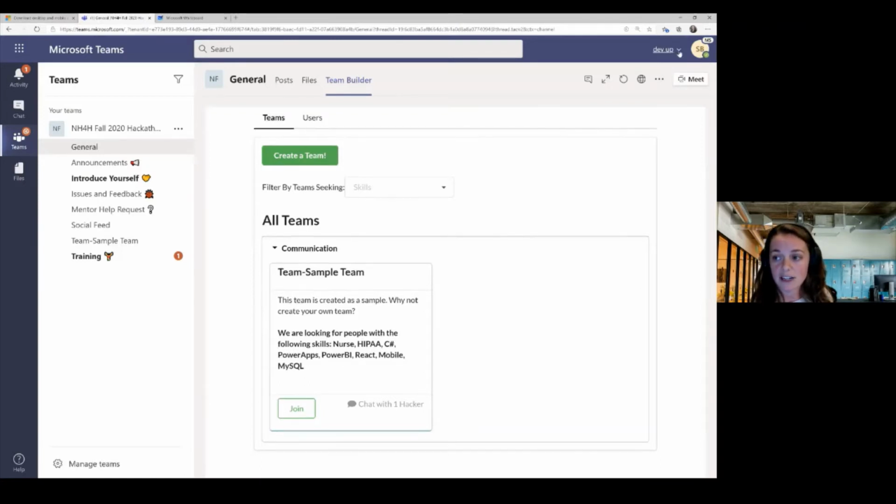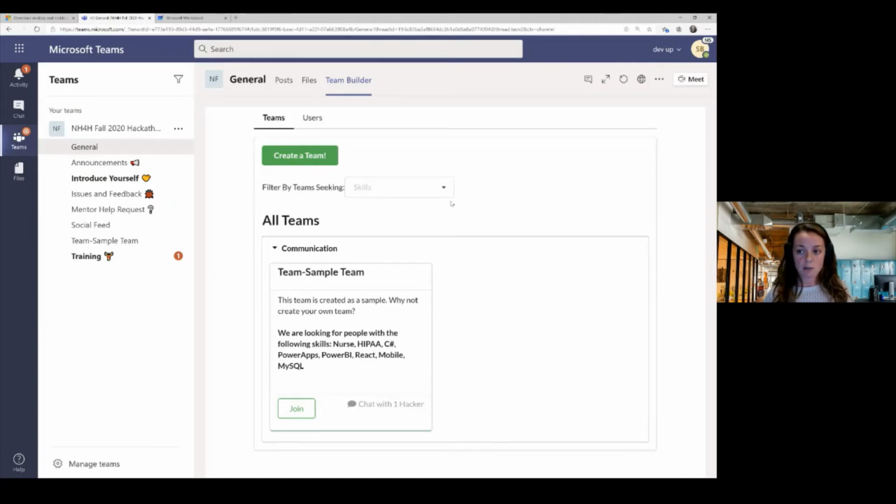Now, if I click that drop down, it's going to show you all of the different tenants that I'm a part of. Usually, I'm in my Microsoft tenant. So usually, if you use Teams, you'll be in a completely different tenant. It won't say DevUp. But once you go through the registration process and you become an authorized guest within the DevUp tenant, you'll be able to click this drop down right here and just click on DevUp. It will take you to this tenant. And because you've already gone through the authorization process, it will be super smooth for you.